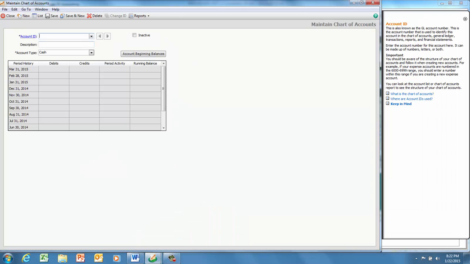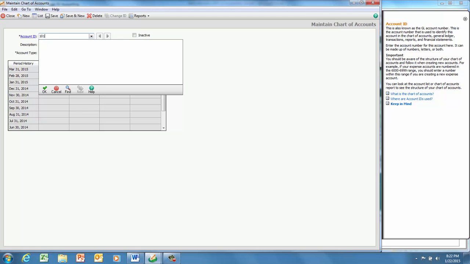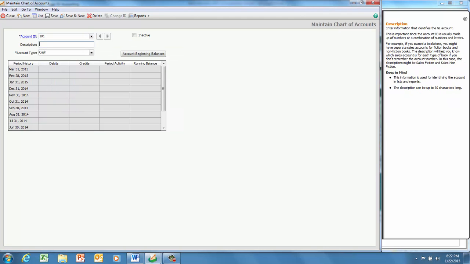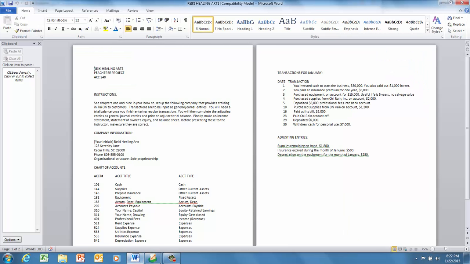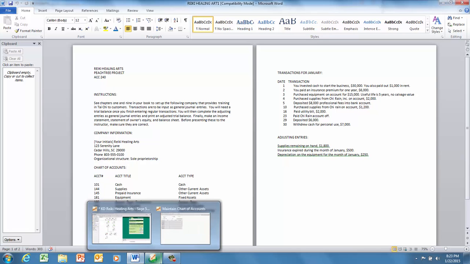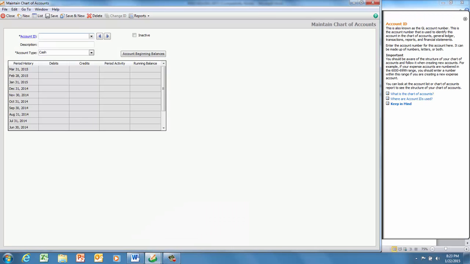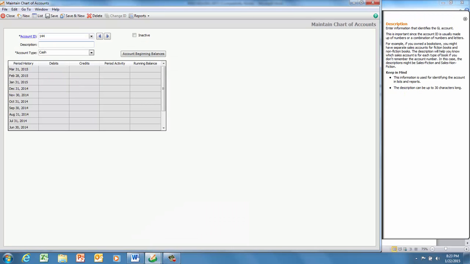Alright, so for the account ID, I put in 101, press enter, goes down to the description, I type in cash, which is the name of the account, and then I have the account type. Now the default is already cash. So here I'm good to go. And so I click Save and New. Now I get to put in the second one. The second one is 144 Supplies. Okay, so 144, enter,